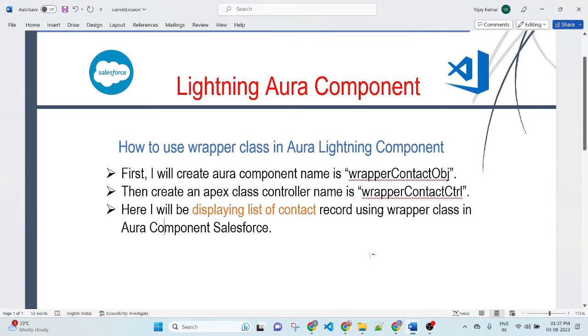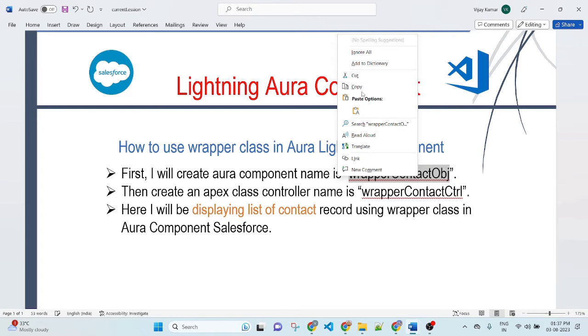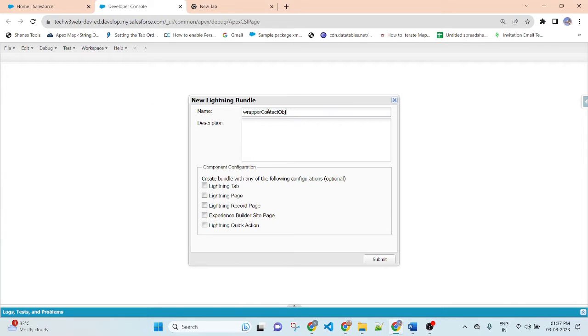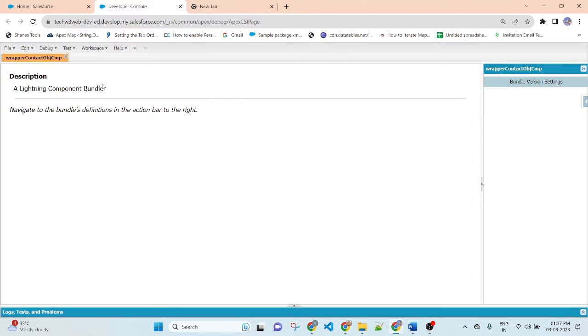My component name is Wrapper contact object. Copy the name and paste here. I am using CMP, that means Wrapper contact object component, and I am enabling the checkbox also. Then submit.